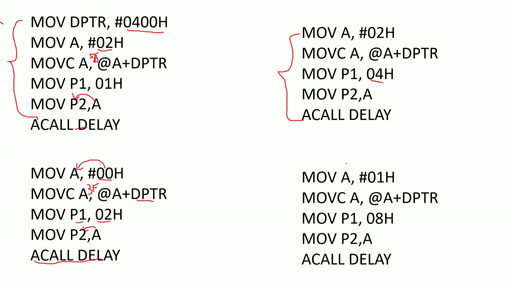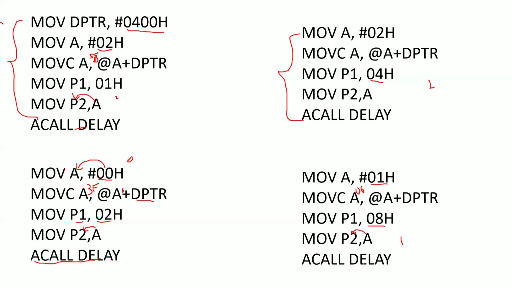Okay, next one is you want to display 1. So I have displayed 2 here, I have displayed 0 here. Again we need to display 1 there. Now in order to get the 1, the same rule applies. Copy the value of 01 inside your register A and apply the magic instruction, where it will get the code of your 01, which is nothing but 06H. So you enable the fourth display, which is 08H value, and copy the value of A register inside port 2, which is nothing but your 06. Whenever you send 06, you will get the 1 in the fourth display.